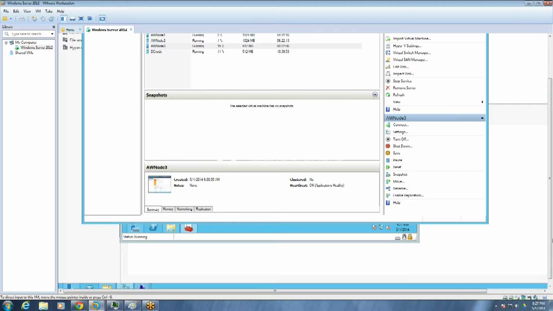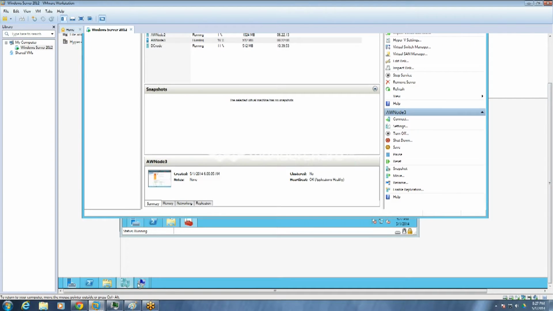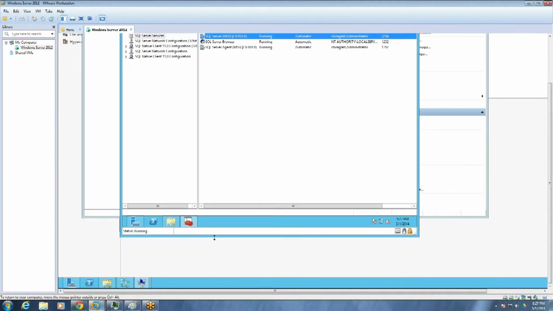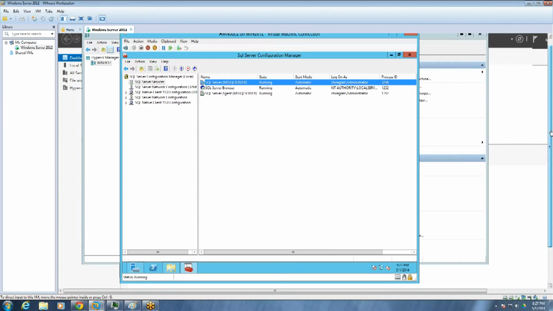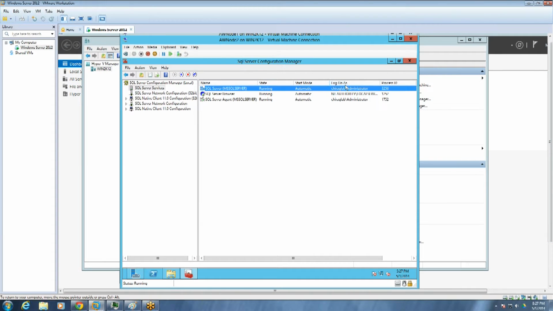The important point to remember over here is that when you are installing the SQL Server, you should be using the domain account.